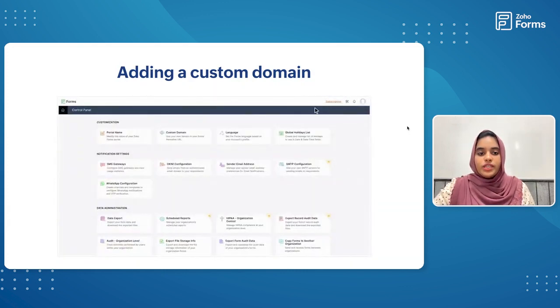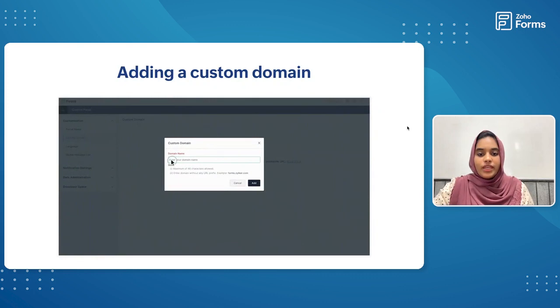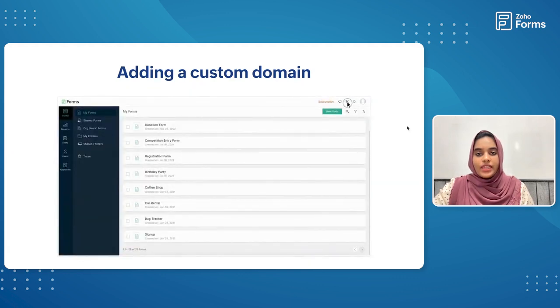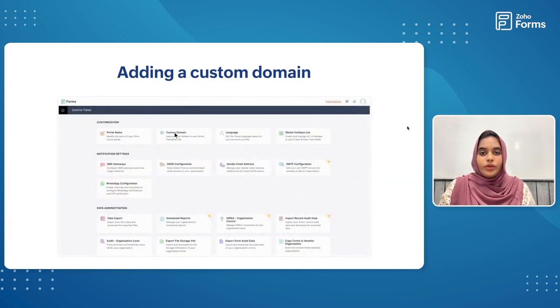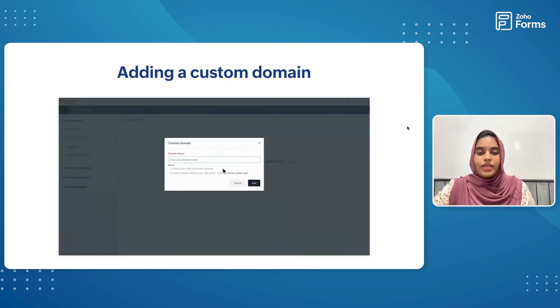When you go into the control panel, you'll see the option of customization, under which you have the option to add a custom domain. You need to click on add a domain, enter your custom domain name and click add. And you can map your domain, and once that's done, your domain will be listed there